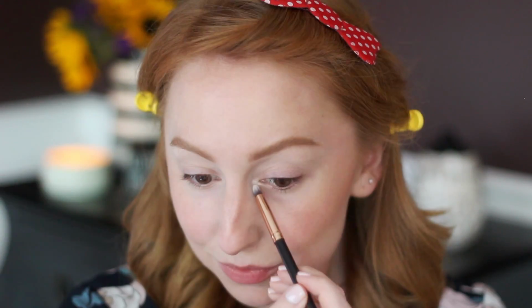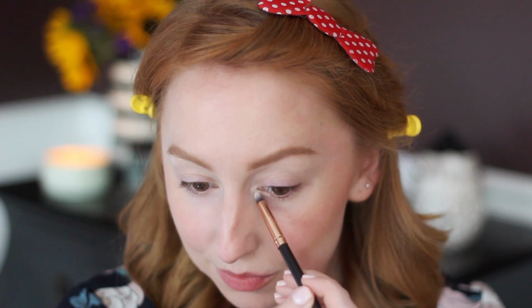I just finished up with my brows and now I am ready for eyeshadow. So I'm gonna move a little bit closer so you can see what I'm doing. For eyes, I'm gonna start out with the Equinox little trio from Fitglow Beauty. I'm gonna take the very shimmery white color on a small brush, this brush is from MOTD. This is called their Pencil Me In brush. I'm gonna take it around my inner corner just for a little glow,